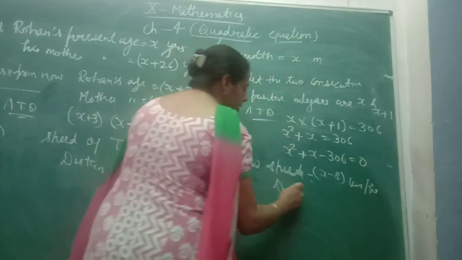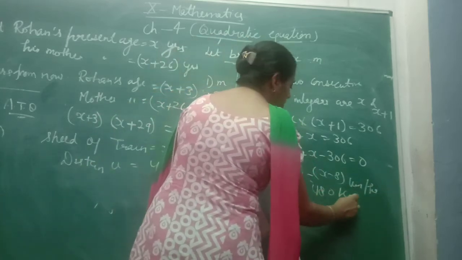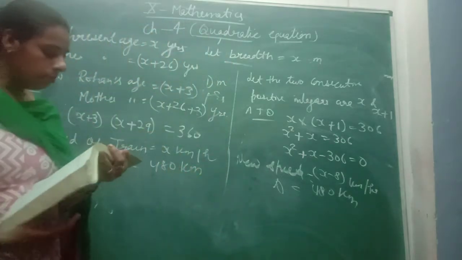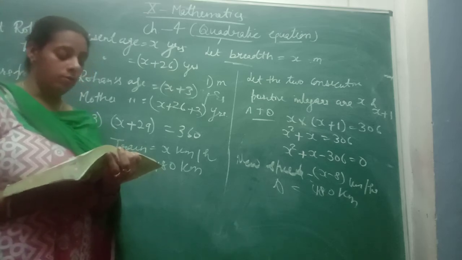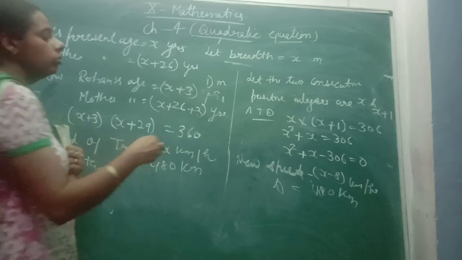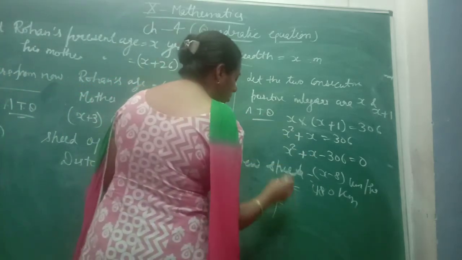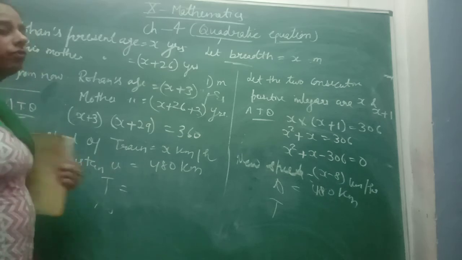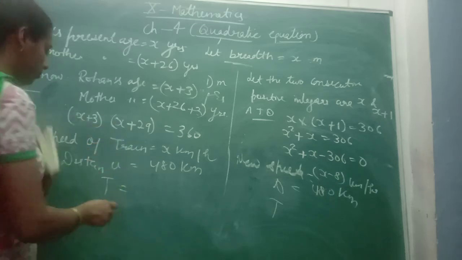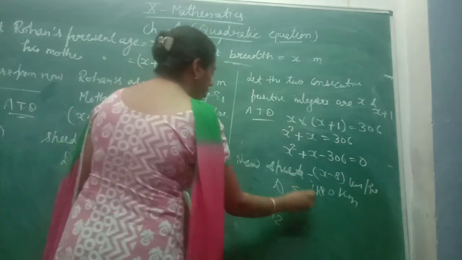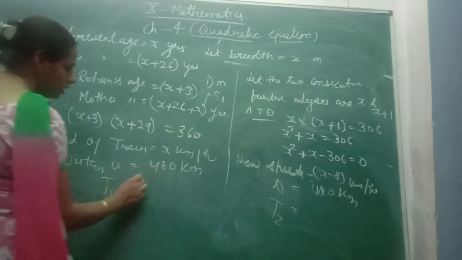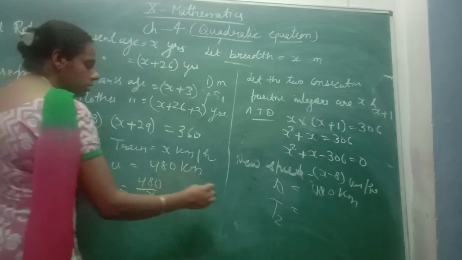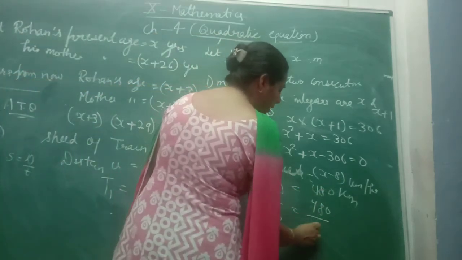क्लियर है। डिस्टेंस तो सेम रहेगा, डिस्टेंस में कोई चेंज नहीं आएगा, that is 480 kilometre. स्पीड कम कर ली है, distance is the same. Okay, if the speed has been 8 km per hour less, then it would take 3 hours more time to cover that distance. अगर वो स्पीड को कम कर देता तो उसी डिस्टेंस को कवर करने में जो टाइम निकलेगा और यहाँ का जो टाइम होगा उनका डिफरेंस 3 आवर्स दिया हुआ है, T1 and T2. As you know, the relation is speed is equal to distance by time, and you will get the time as distance by speed. So distance is 480, speed is x. Here the distance is 480 and the speed is x minus 8.